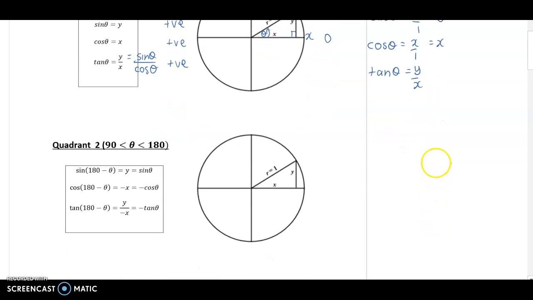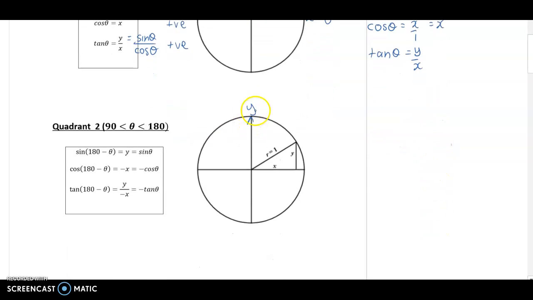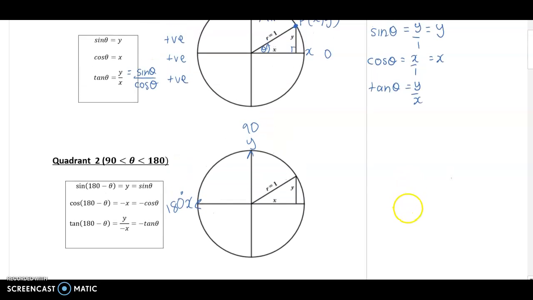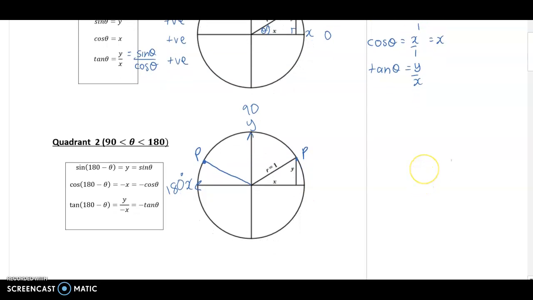Let's go down to the second quadrant. So our second quadrant lies between 90 degrees and 180 degrees. What we're going to think of as happening is we've still got our point P here, which matches our point from our first quadrant, but we're going to be thinking of that line or that triangle being flipped over and reflected in our y-axis so that it now sits in the second quadrant. Now we still have our y value. We now have a negative x value, so that changes it a little bit. But what actually has really happened